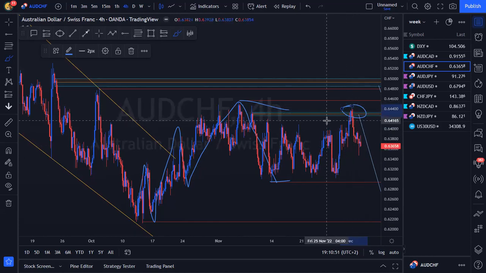We did break above the POI, but nonetheless, we did reject from there. So I think things will still pretty much stay the same for me. Nothing's changed. We're still stuck inside of ranges. And for us to trade ranges profitably, we need to be trading the extremes of the range. So otherwise, since we've got some 4-hour structure, maybe a rejection from this momentum, maybe the safest thing for us to do is to look for a reduced risk entry.